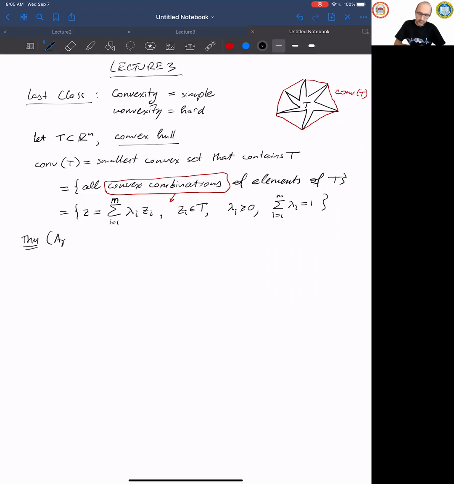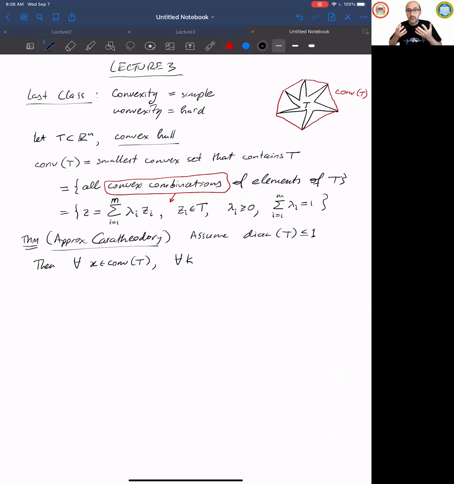Theorem, approximate Carathéodory theorem, says that let's assume that the diameter of T is less than 1. This is just a scaling restriction, because we will measure the error relative to that diameter. So we need to fix some scale. So assume the diameter is less than 1. Then any convex combination, so anything that's in the convex hull,